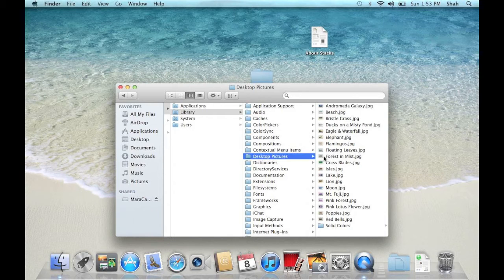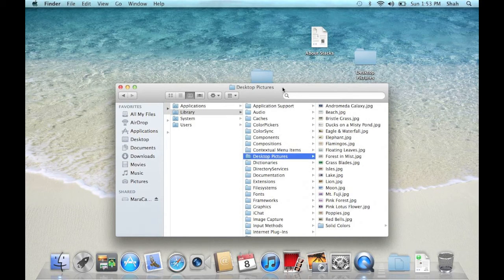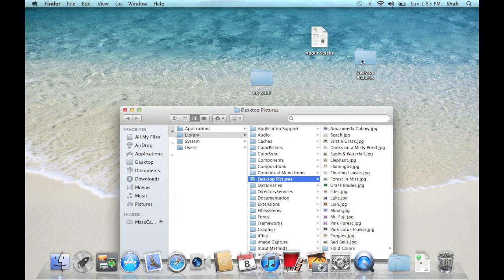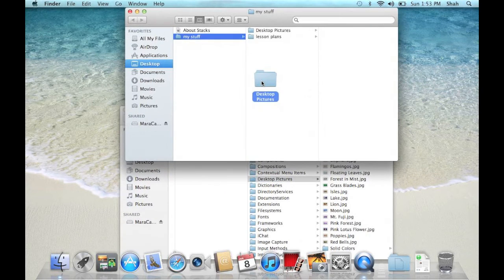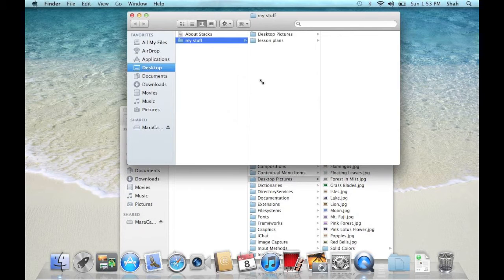Drag Desktop Pictures to the My Stuff folder. Open My Stuff. You should see lesson plans and desktop pictures in there.